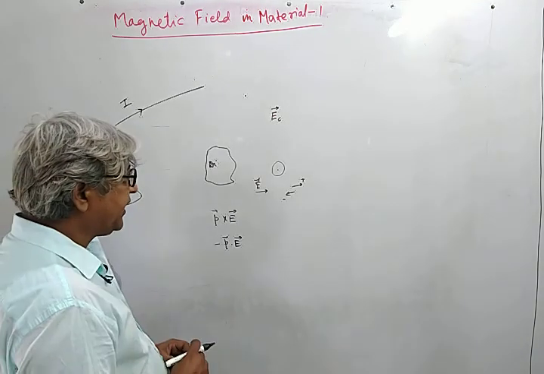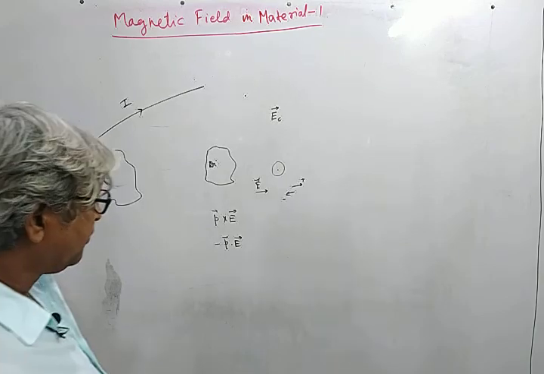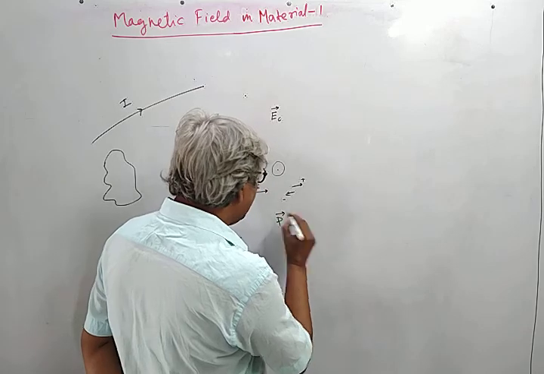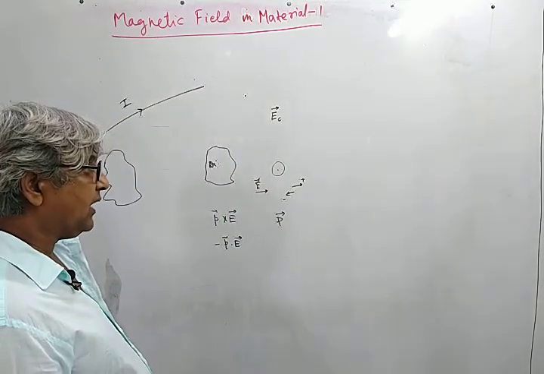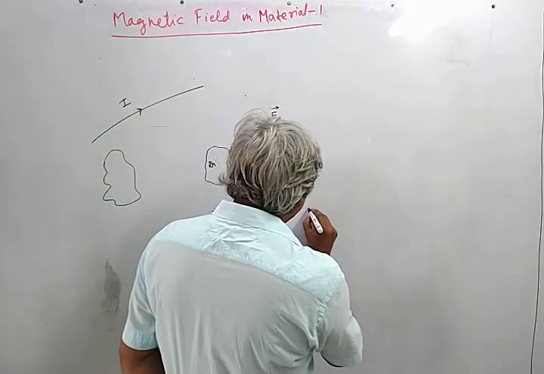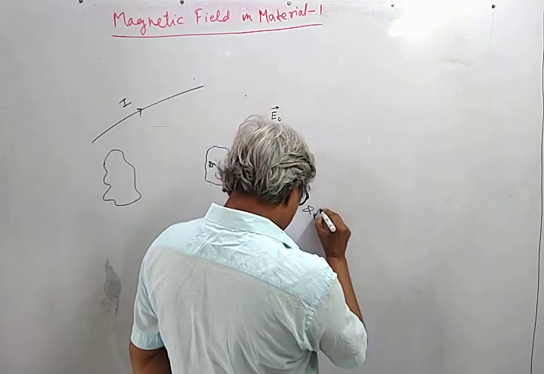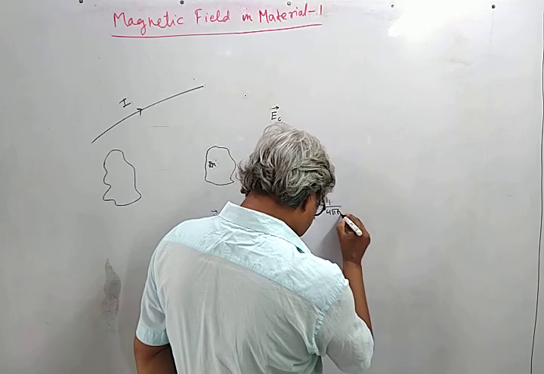This is called the orientation polarization, and we generally define the polarization vector P, which is the induced dipole moment per unit volume, and under dipole approximation we found that the field due to this polarized material is found to be 1 by 4 pi epsilon 0